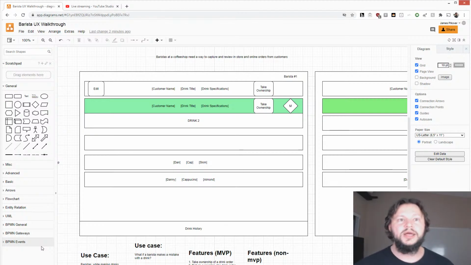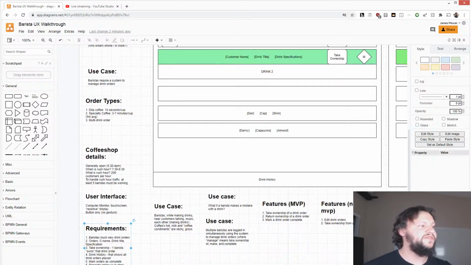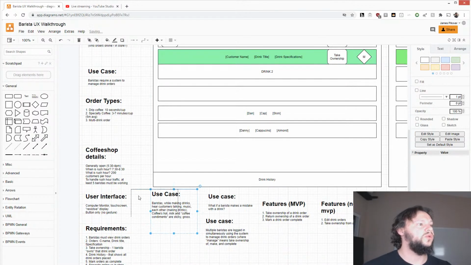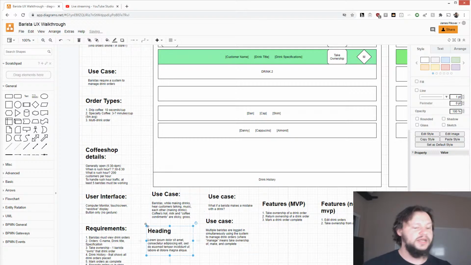And with all that in mind, can a store even fulfill my order as an online order if they've got a line of 50 people? Probably not, especially if it takes on average a minute per drink per barista. Therefore, we need to be able to make sure the queue is handled appropriately. So if that queue exists, we need to have a separate use case for it, where that use case is going to probably be defined as something like